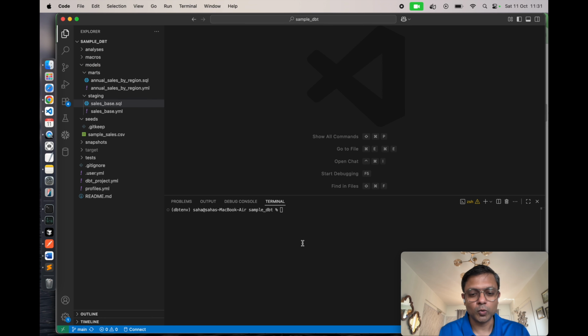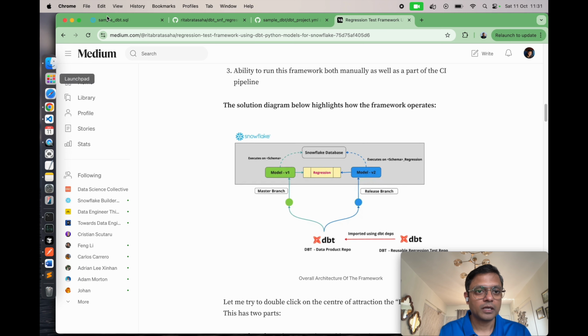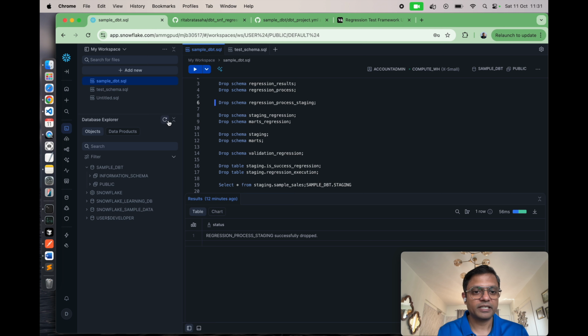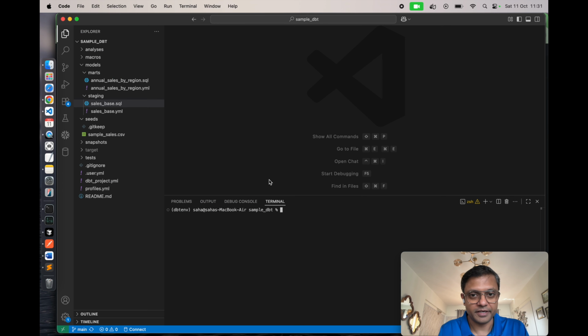The first thing that we're going to do is I'm going to take you to my database first. Let's go to my database. On my database, you can see that there's a sample data project, but then I don't have any schemas right now. It's a brand new database which has been created. Great. What I'm going to do, I'm going to run my